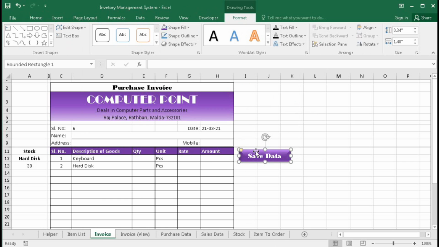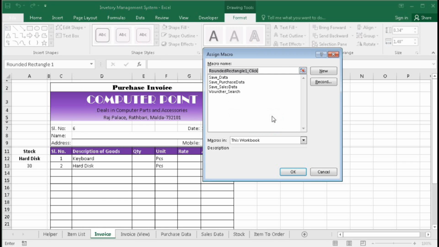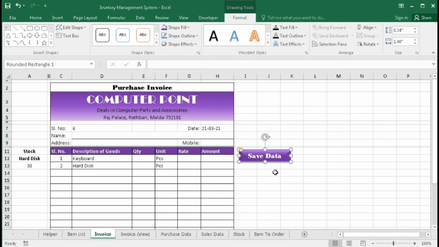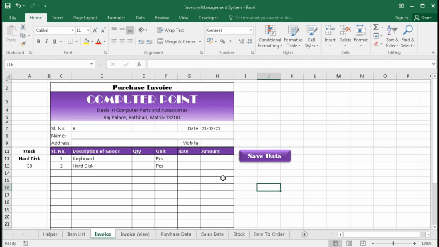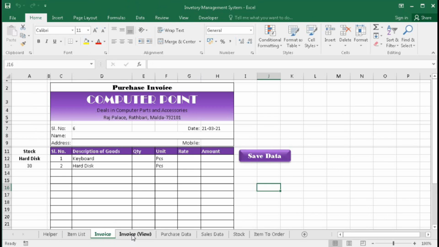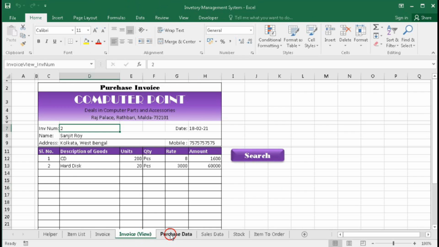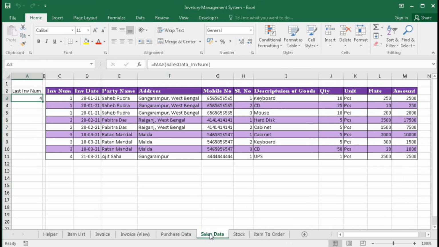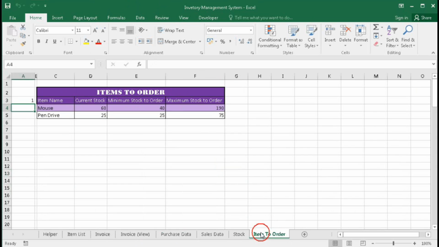Okay, now assign macro, save data. Okay, so it's fine. Now we have created the item list, invoice, invoice view, purchase data, sales data, stock and item to order.